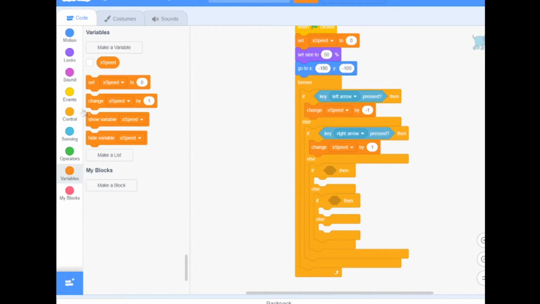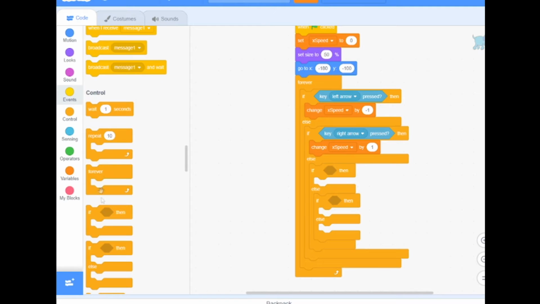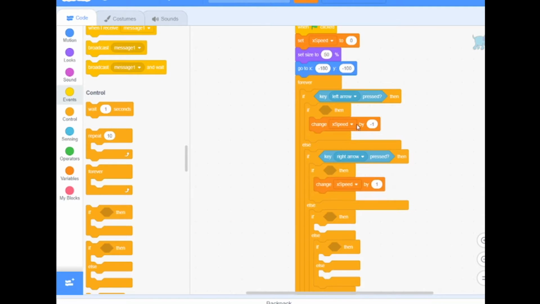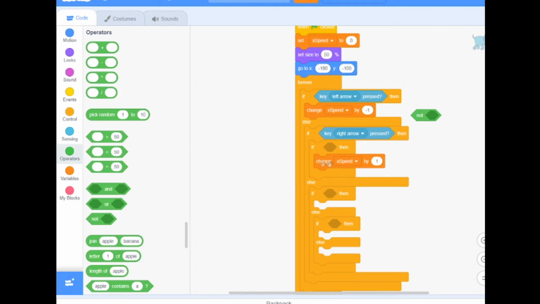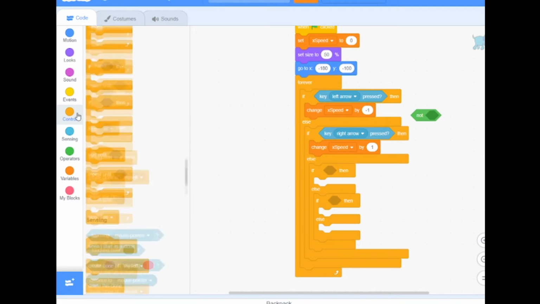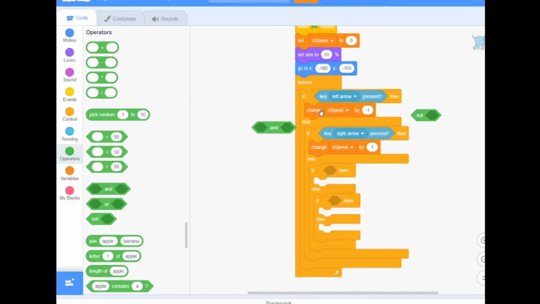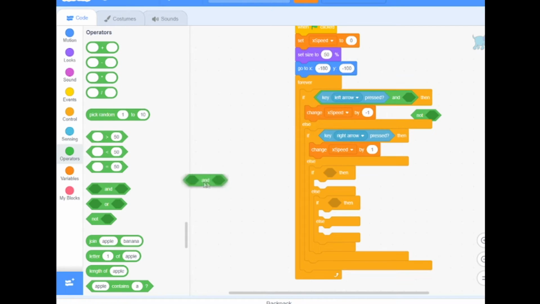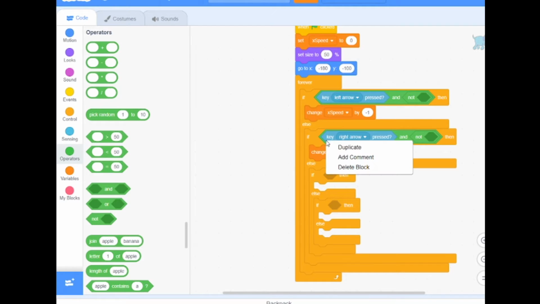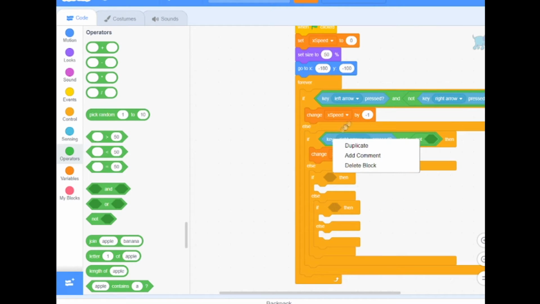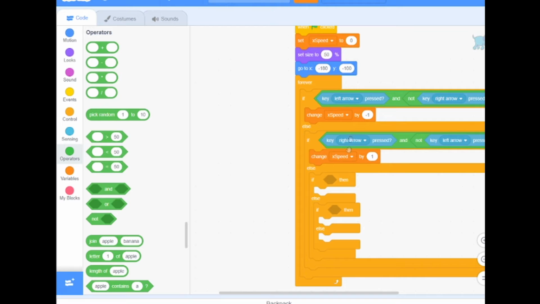This is pretty simple, but you're also going to want to put an if in here, then say not. Actually, instead of putting 2 ifs in here, you can do an and in the first if for both of them, and then put nots in both of these. So: if left arrow and not right arrow pressed, and if right arrow and not left arrow pressed, then change X speed by whatever. And then in these